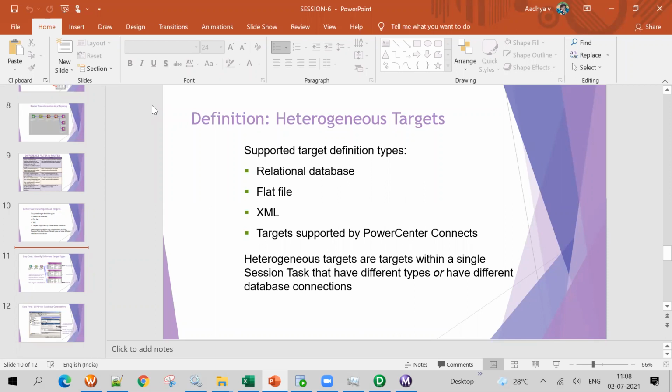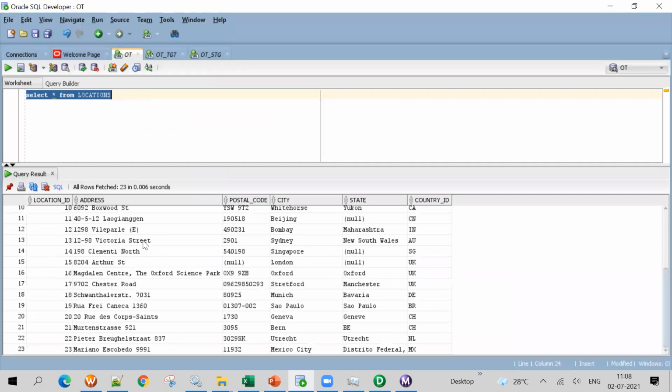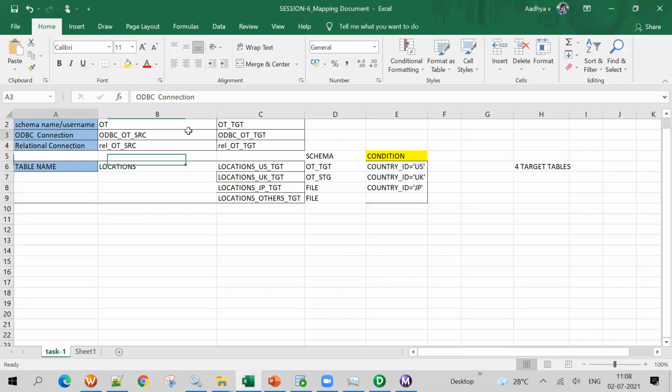No, Raj. Okay, I will send this target table today. The source table, I will send it to you. These locations, the DDL and the data, I will send it to you. And I will send this mapping sheet also. Please practice it. First you practice with the locations table and generate all these 4 tables. Then make it 2 tables, 2 files. Make it with different schemas. Like that, you have to practice yourself, guys.